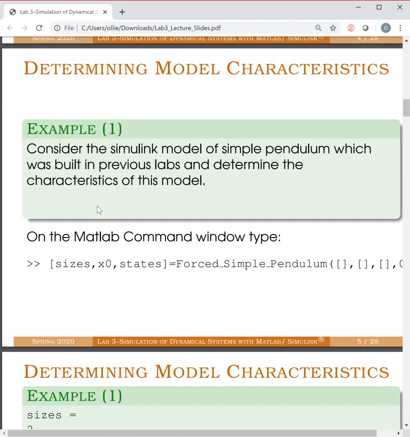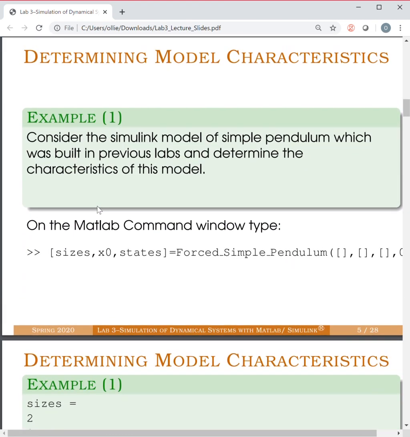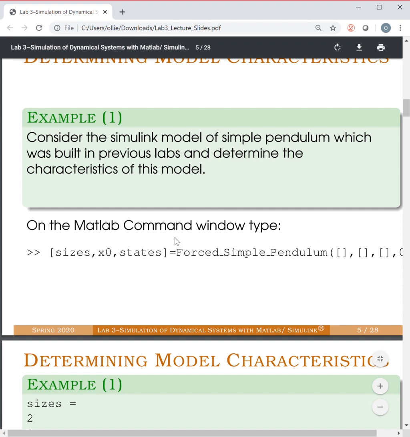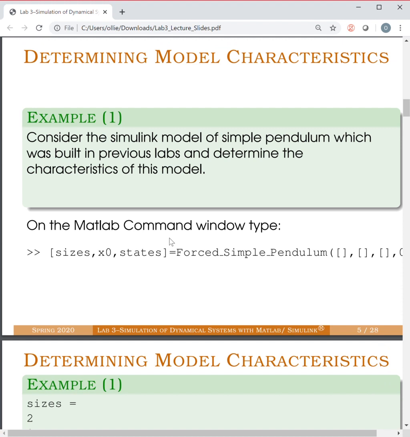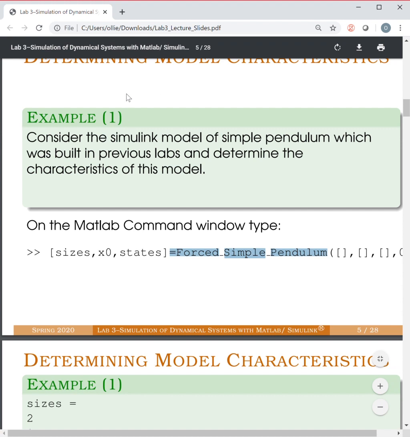Our first example is simple. We will run this line here to provide us with the sizes, initial conditions, and states for the forced simple pendulum model. You should open up this model before you run and make sure that it is in your directory, so that MATLAB can access it when you run this line. You can do that on the top of MATLAB. You should have some file path, and you can select which file path you want. Make sure that you see this file here. Okay, so if you run this,